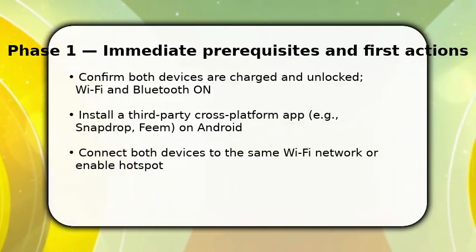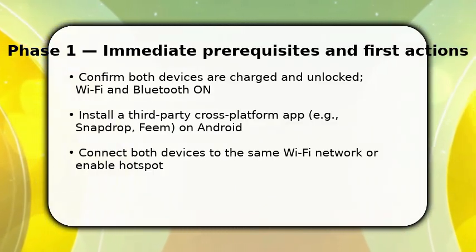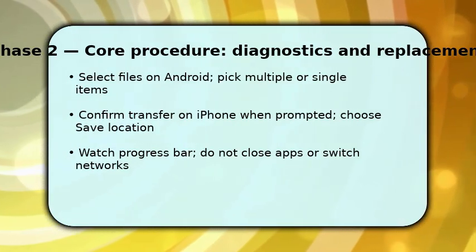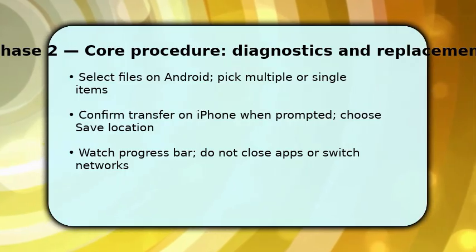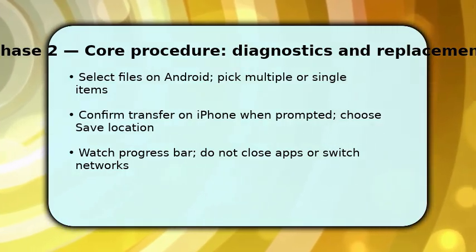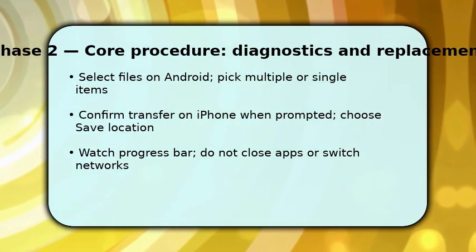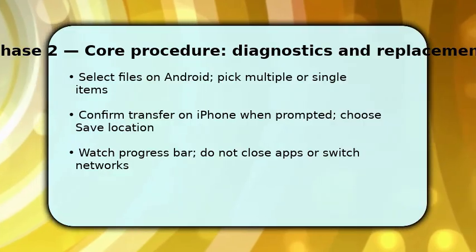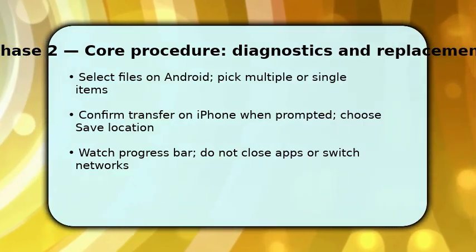Tap the Android file icon first to select photos or documents, then choose Send, so you now execute the transfer. Select the files you want to move on Android, then press Send. The app creates a local connection and prompts the iPhone to accept. On the iPhone, tap Accept and choose where to save, photos, files, or the app storage, so items land where